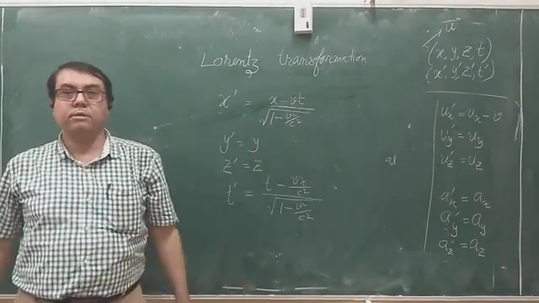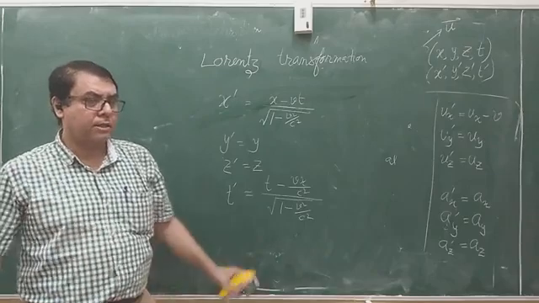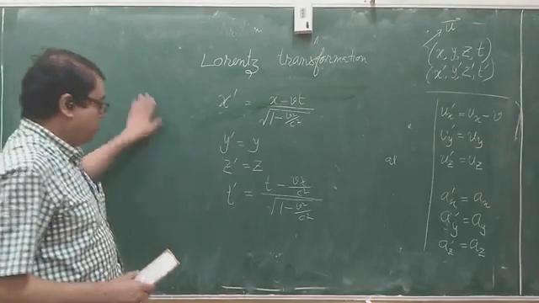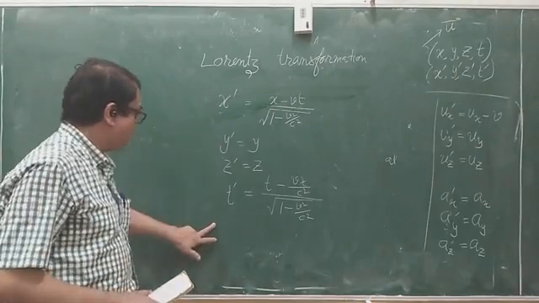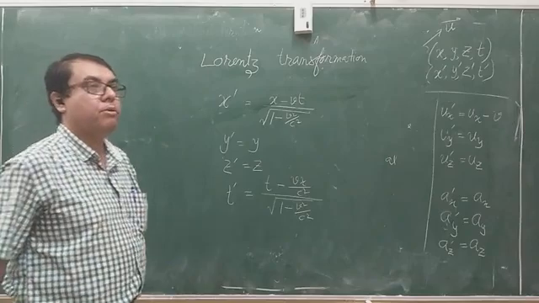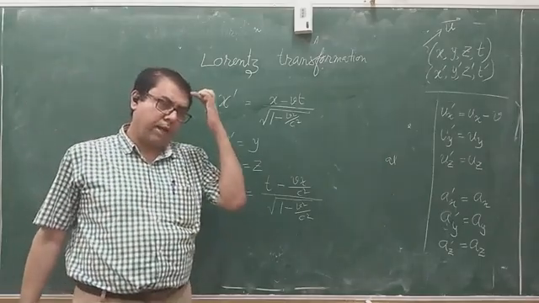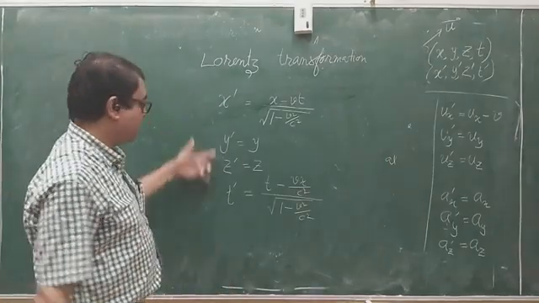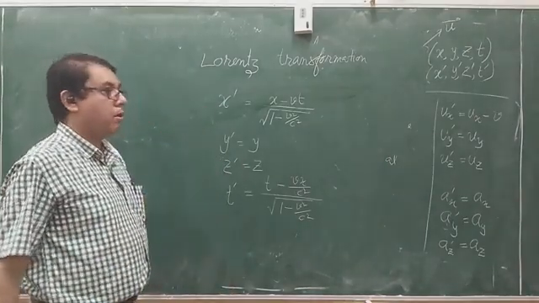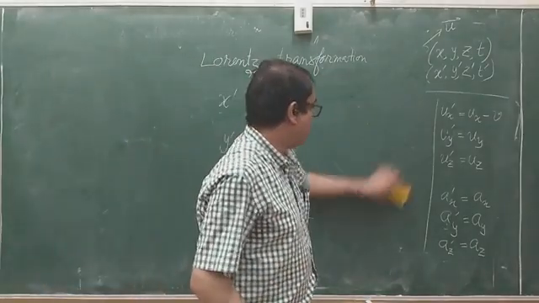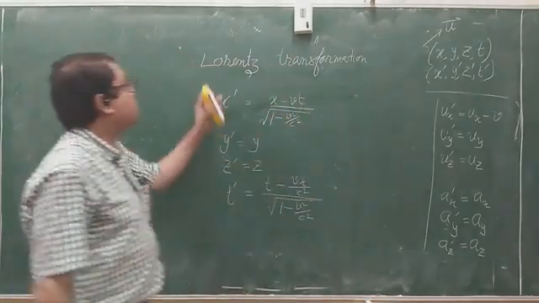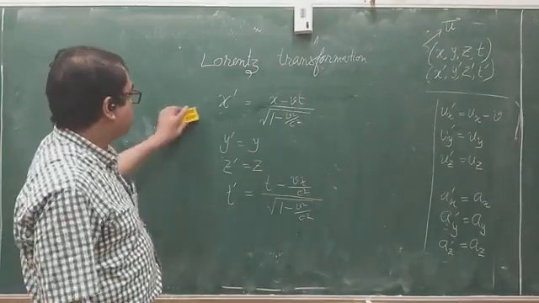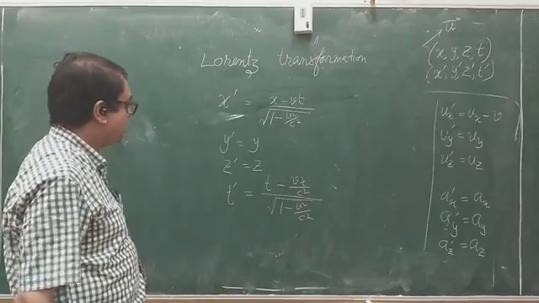It took almost 100 years, not 100 years, it was less than 100 years. It was after the Maxwell equations came. 1864 was the Maxwell's law. If you consider after that, 1905 is 41 years later. So after 41 years, this new set of transformation formulas was given. In fact, Lorentz gave this transformation earlier in another context, but then it was directly used here,